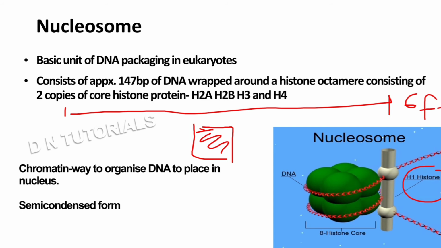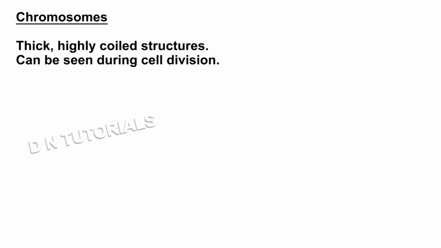Just imagine if a cell is so small, how tiny would be the nucleus. Just to keep the entire length of DNA inside that tiny nucleus, we need to organize the complete length of DNA and to coil it properly to be adjusted inside the tiny nucleus. So there has to be presence of chromatin to organize or to place the entire length of DNA together. And this chromatin, children, is present as the semi-condensed form. Right? Now, when this semi-condensed form gets condensed, it is going to form a structure which is called chromosomes, and these chromosomes can be seen during the cell division.